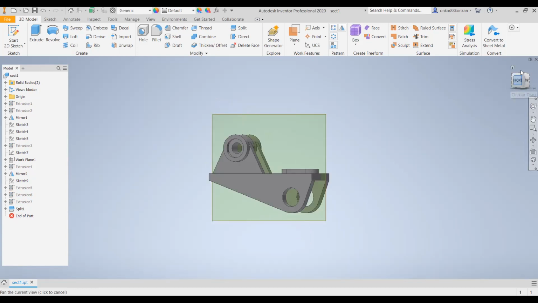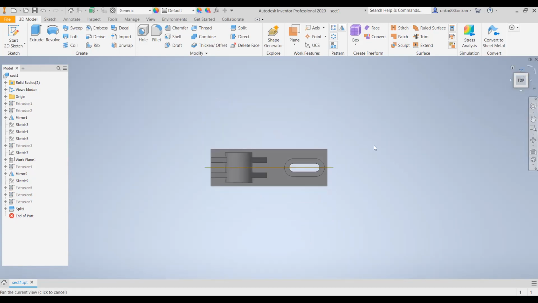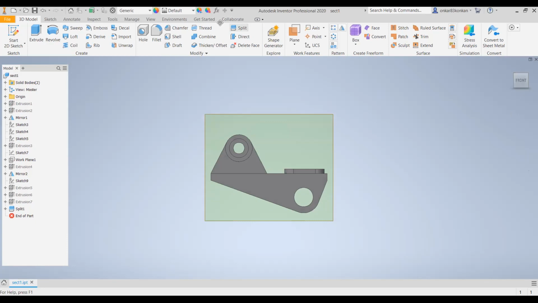Even the top view will be a complete top view. Only the front view is a sectional front view. So I hope you have understood the meaning of a sectional orthographic. Let us see how to draw this on the drawing paper.